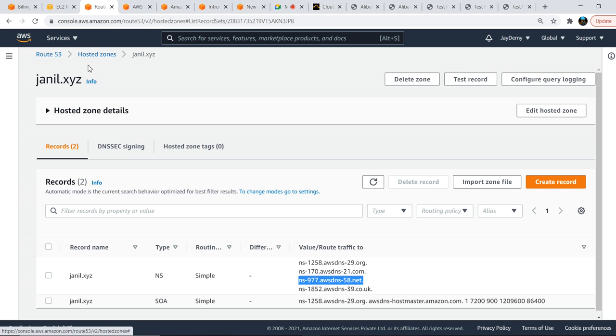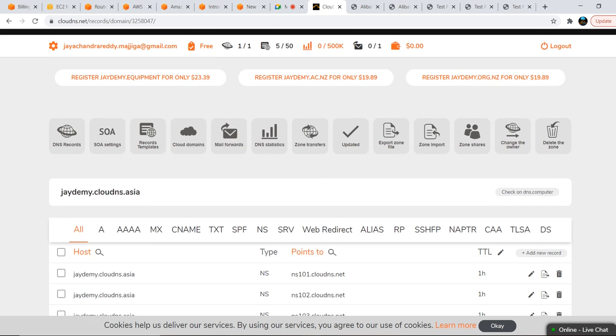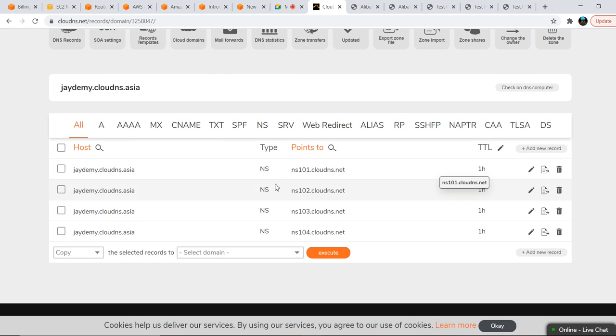To create that, we have two options. There is Cloud DNS, clouddns.net. From here you will get one domain free, where I have created my name servers. This is also a big domain.